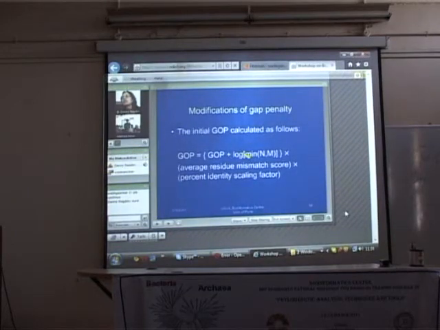Thus, the log of the minimum of n and m, where n and m represent the lengths of the sequences, multiplied by the average residue mismatch score, multiplied by the percent identity scaling factor. So all these three different parameters which we had listed in the earlier slide are taken care of in this formula. You take the length of the sequences into consideration by taking the minimum of the lengths. You consider the average residue mismatch score which you get from the scoring matrix, and this percent identity scaling factor comes from how much divergent or how much